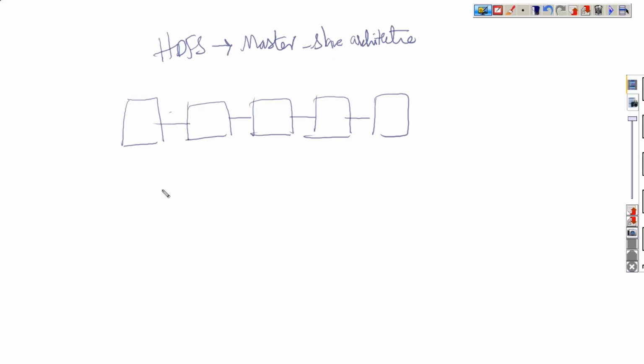Now 10 people are working as a group, as a team. There must be someone to handle all these 10 people, then only will the work go on smoothly. Their communication, whether all the people are doing the work properly, whether they are communicating properly or not, someone has to monitor and maintain all these 10 people. Who is that?